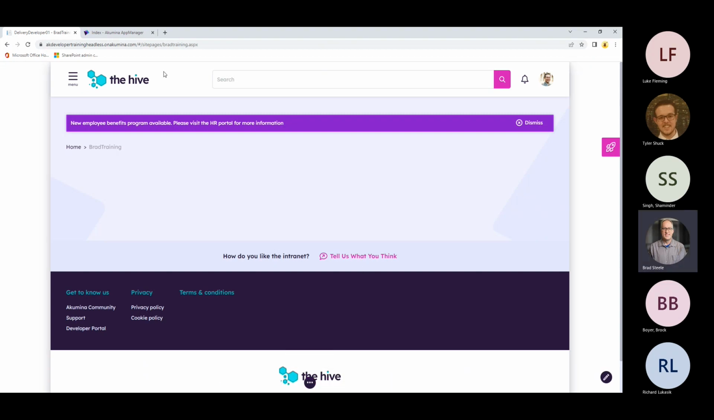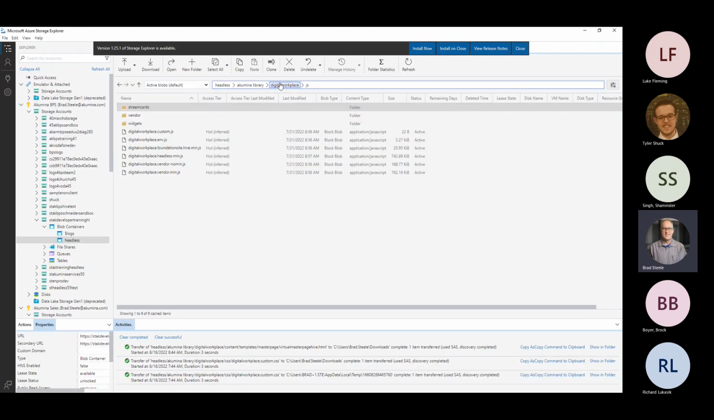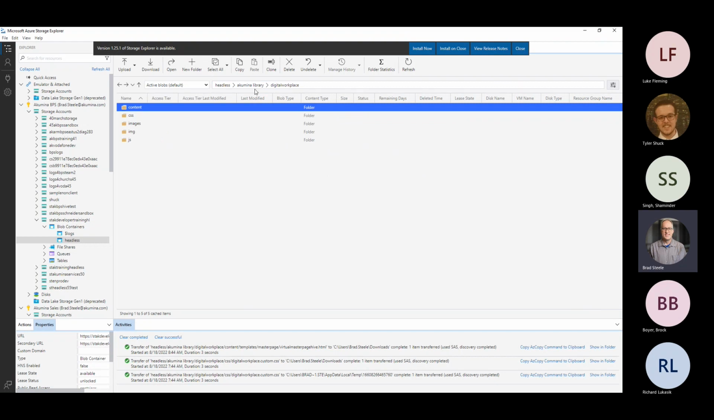So all of your assets, all of your files that drive your site are going to be out here in your blob under Acumen Library Digital Workplace. And you'll notice these 5 folders. These are your standard folders. All your templates go under content. I know you're not multilingual, but I did want to point this out. Under content language, you're going to have an